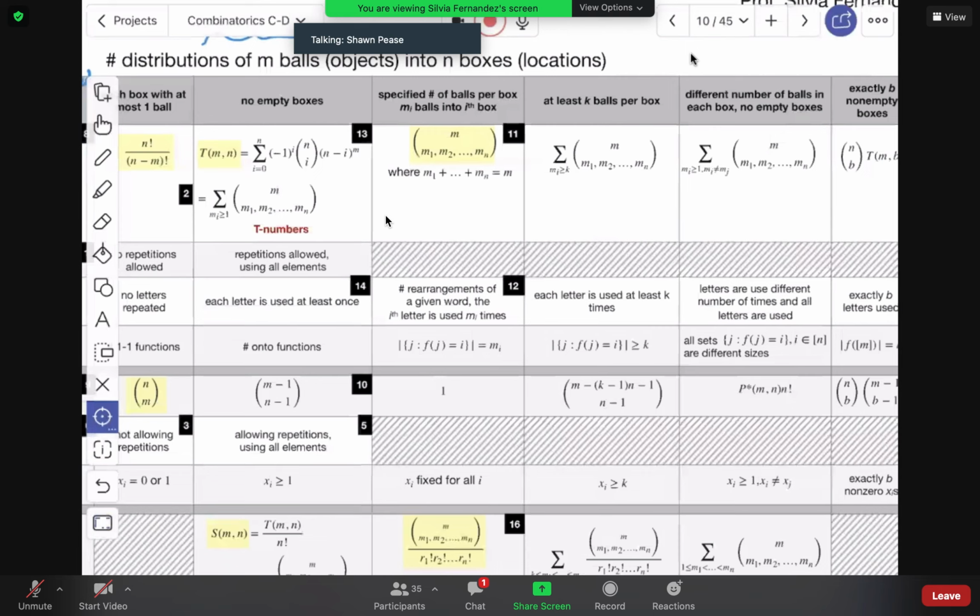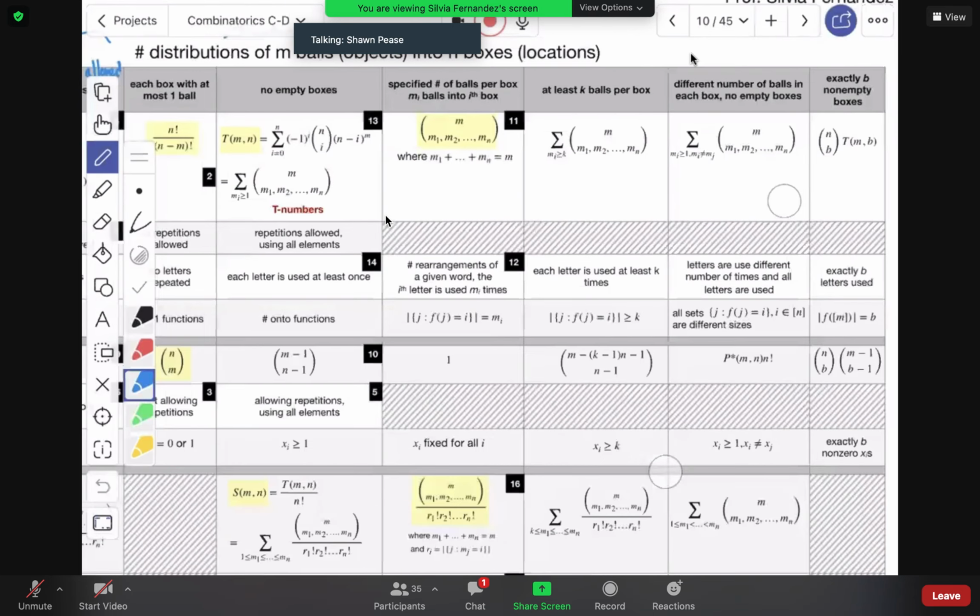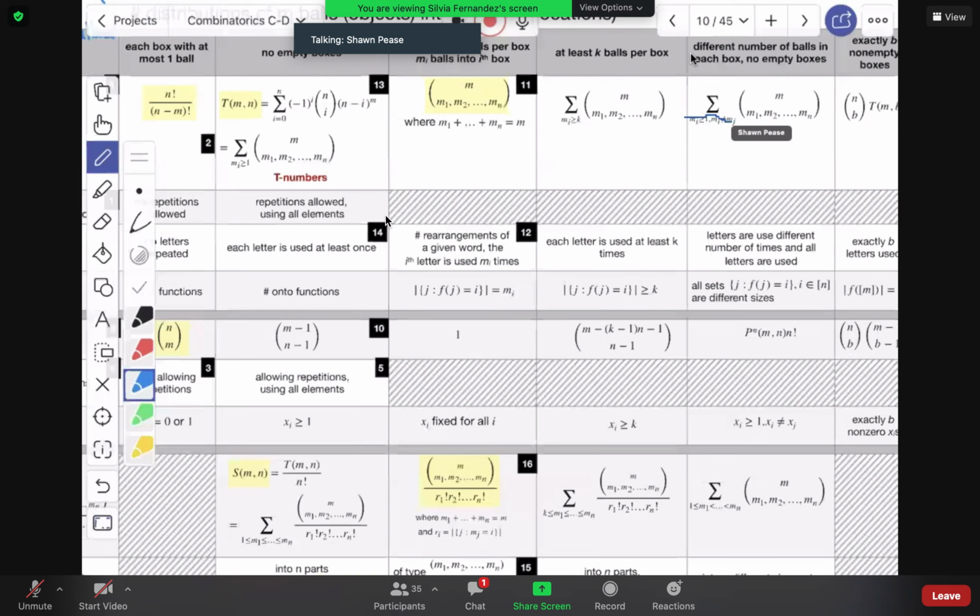Question? I just want to make sure, when it says this certain keyword about different number of balls in each box, is that implying different boxes, or can it also be identical boxes? It could be either problem. So it could be either situation. So for example,